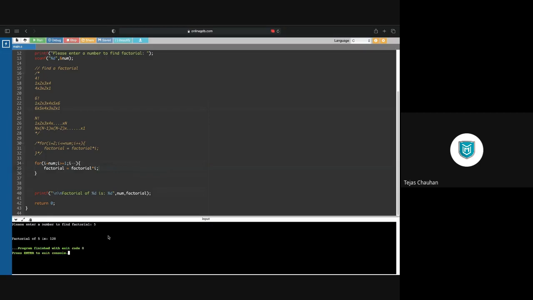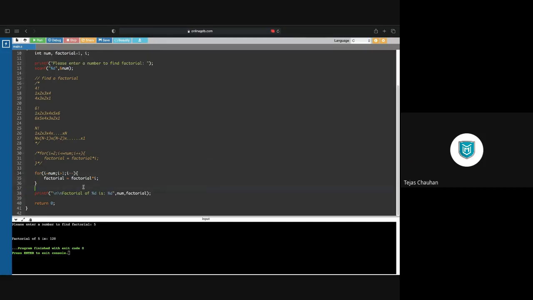Still, we will have the same answer, 120. And what is my condition? I greater equals to 1. I can remove the equals to 1. I can go up to 2 only. Still, it will give me the correct answer. Excuse me. So if we test it, still we have 120 answer. So both these solutions are correct. You may have forward loop, you may have backward loop. Depending on your understanding, you can calculate this factorial. Okay, so that's the 17th program.